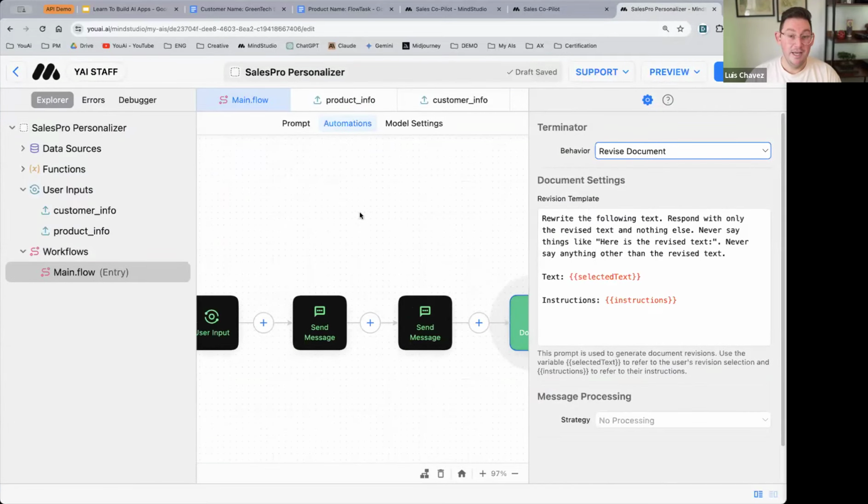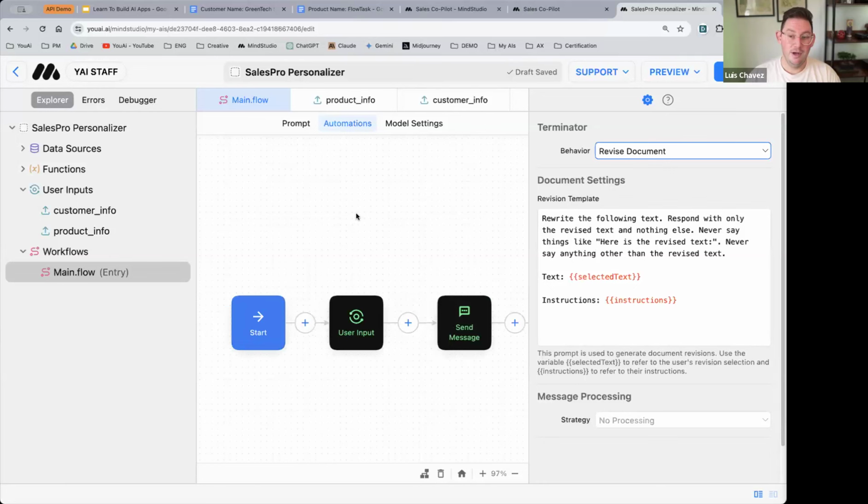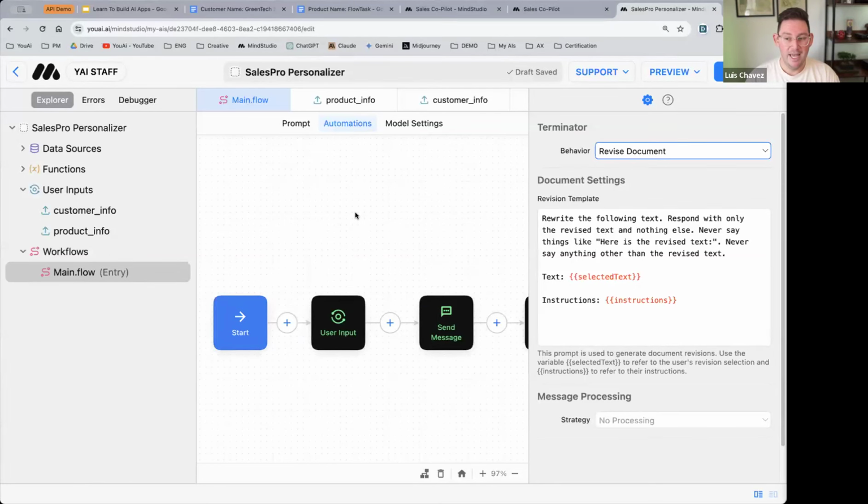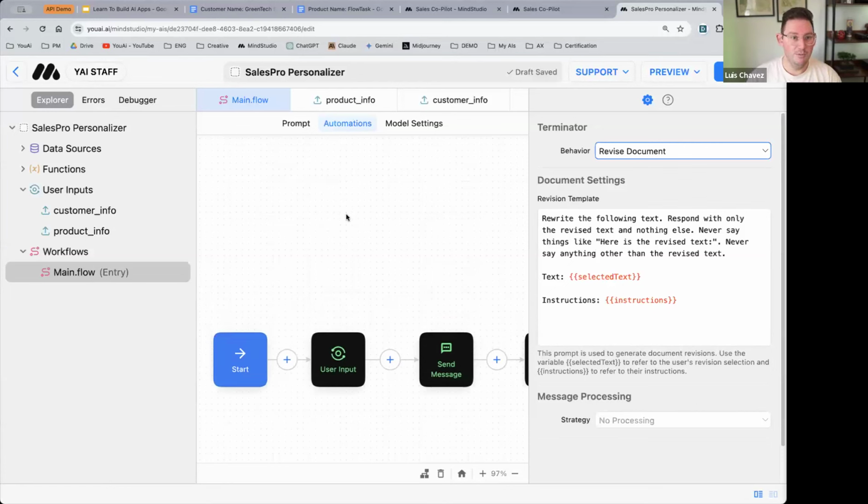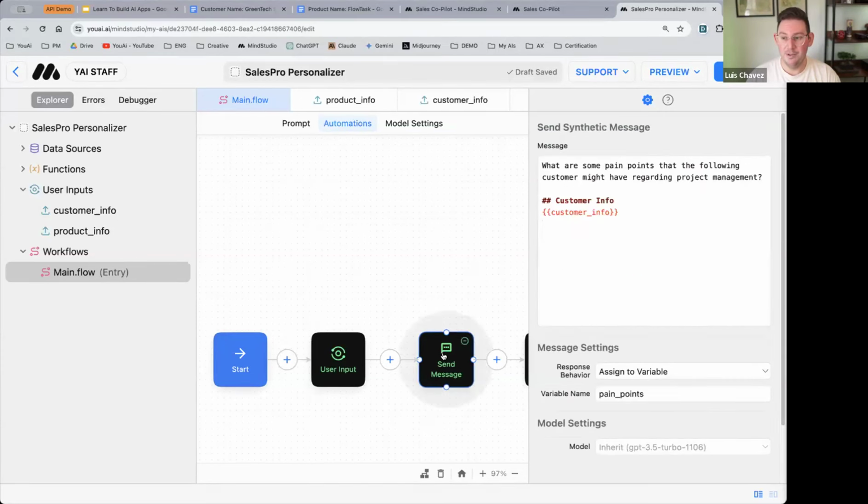So that's it. We have completed our very first AI workflow. And the next step is we want to prepare our AI to publish before publishing. This involves a couple of different steps. The first is to check and see if there are any errors in our AI. So for example, if I had a misspelling here,